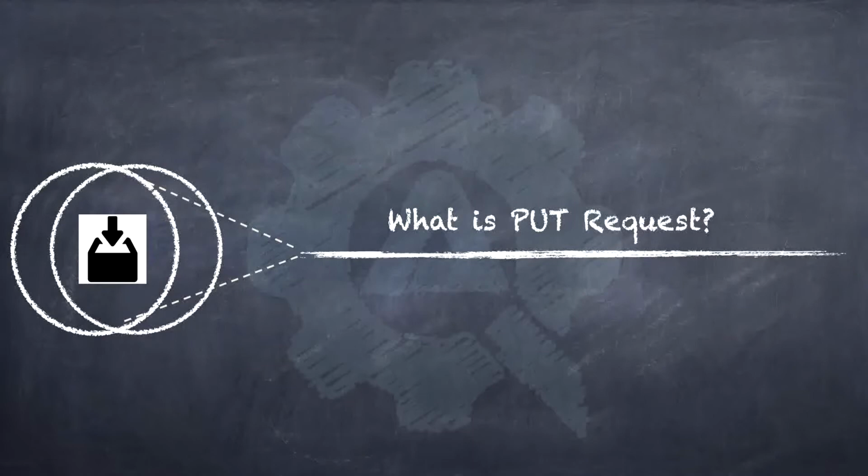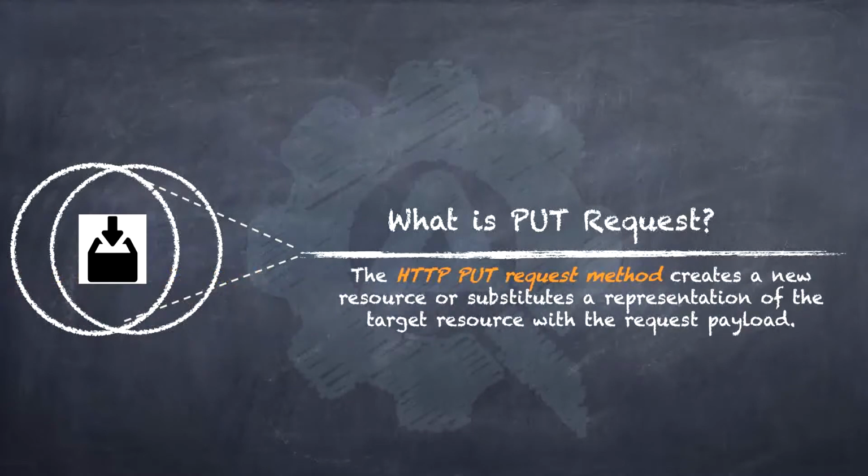Consider a basic example when we are trying to update an information already present on the server. For example, updating a profile or maybe updating details of a resource. What we are essentially engaging in is a PUT request. The HTTP PUT request basically creates a new resource in case it is not available on the server, or in case it is available, then it replaces the resource with a new resource that we are sending through a request payload.